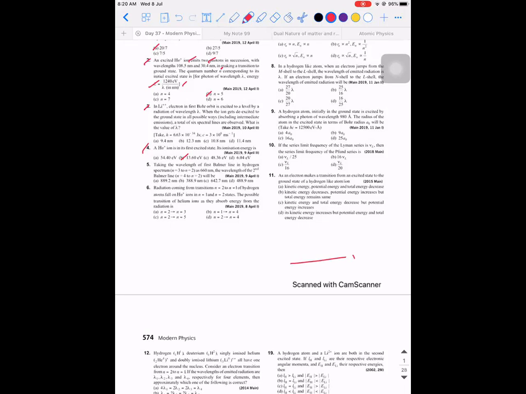See, 1 to 2. If I calculate the energy difference between these two and calculate the energy difference between these two, which one will be high? So the first case, sir. In this case, energy difference will be high. Do you do E2 minus E1 will be higher, or E3 minus E1 will be higher? So E3 minus E1 will be higher, sir.